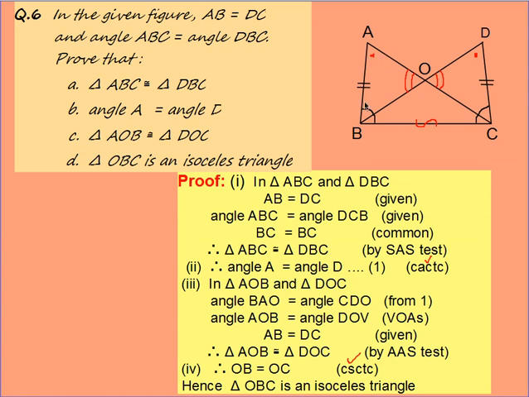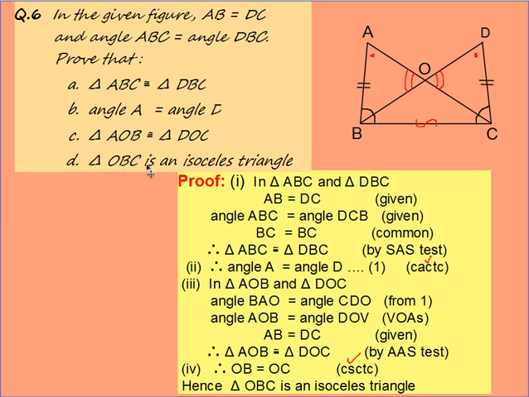Easy, it's quite easy. If you just focus on the diagram, if you have good concentration, you can easily understand. If you don't see the diagram and you keep on writing, you won't understand. People say there are two parts of the brain, left and right. One is having images, other is having write-up. Whatever way they say, you have to focus 100%. Both parts should work together, for the image as well as for the write-up. So I have proved these two triangles also congruent by AAS, and now I can write what they are expecting.